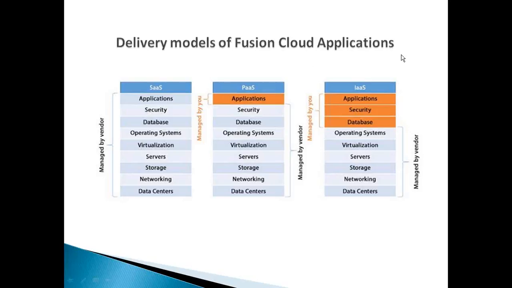Okay, this is a simple slide to understand in more detail. If any questions from anyone, please tell me. Yeah, I have a question here. Could you hear me? Please go ahead.